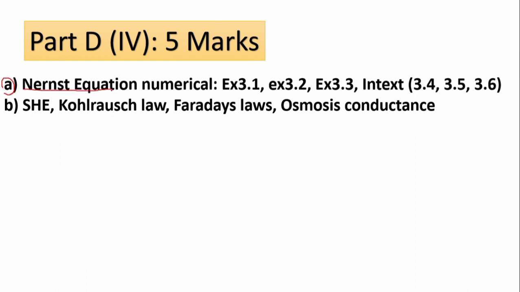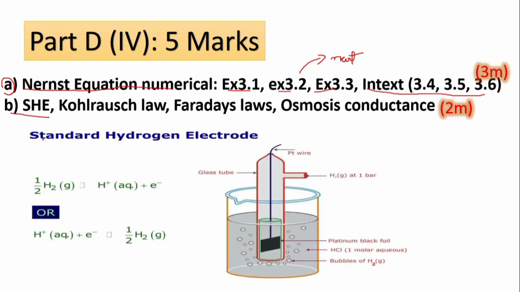Nernst equation numericals. The two numericals I have given are example 3.1 and example 3.2. This is from NCERT, so I am saying NCERT. If you don't have it, you can download the PDF from Google. And in the textbook, questions 3.4, 3.5 and 3.6. The answers are also available on Google. So the Nernst equation. Next is the diagram they will ask, for 3 marks: the standard hydrogen